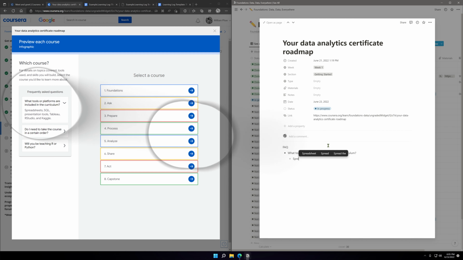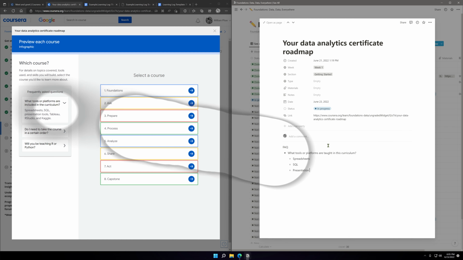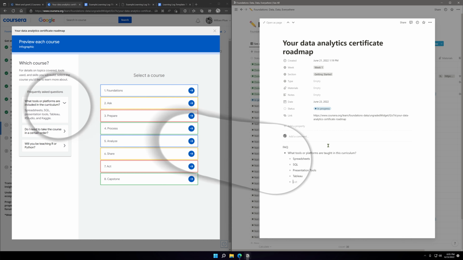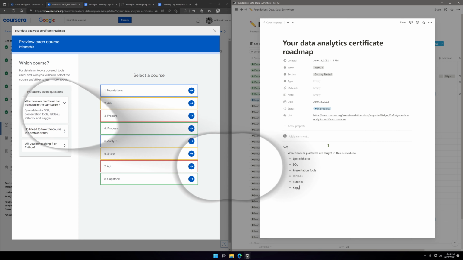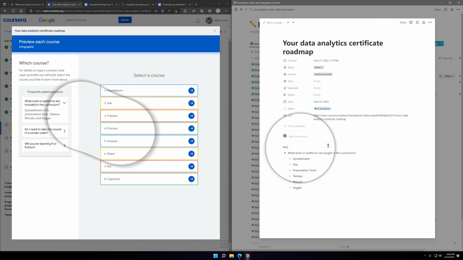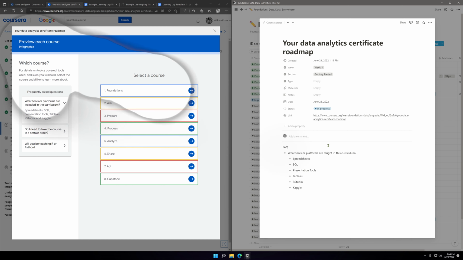So spreadsheets, SQL, presentation tools, Tableau, RStudio, and Kaggle. So spreadsheets, everyone's worked with spreadsheets before, but at what depth is this course going to teach me on spreadsheets?